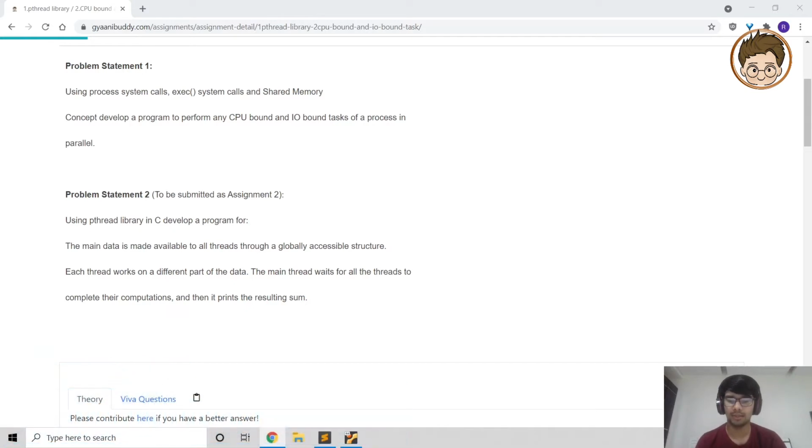Today we will learn about a lot of stuff in this video. We will go through threads and how to use them in Linux. We will also look at exec system calls and shared memory concepts that are very important in operating systems. Make sure to stick around till the end to learn all these things that we will cover today in